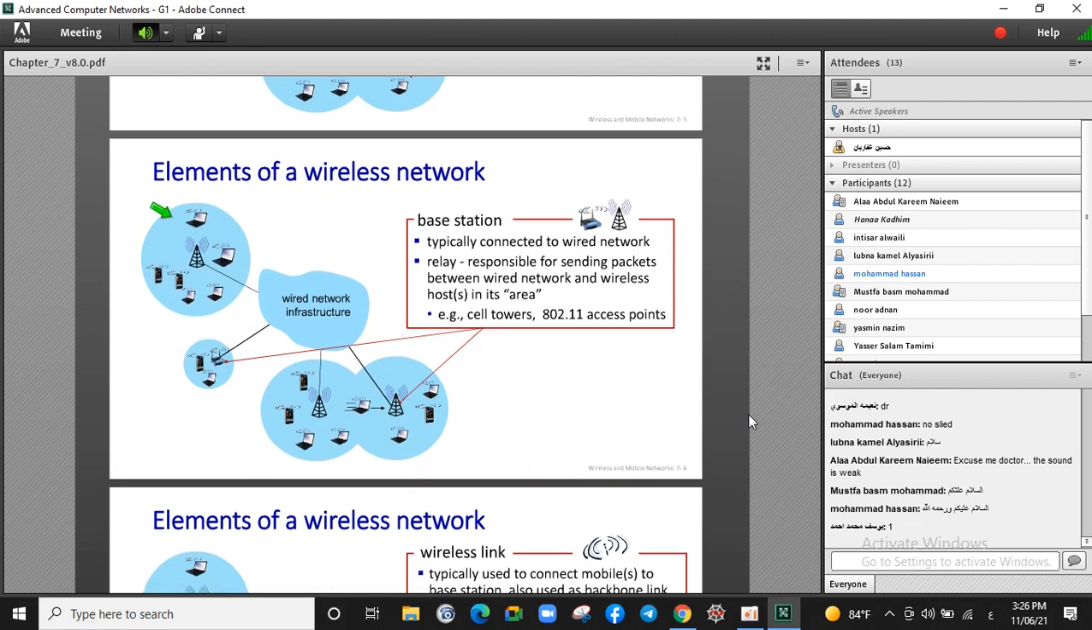The other element in a wireless network is the base station. We talked about the base station, and we said that this base station can connect the wireless host to the internet, to a wired network, to a wired infrastructure. Okay, so I can say that the base station is a relay responsible for sending packets from a wired network into a wireless area, or capturing packets from a wireless area and sending them toward wired networks. Okay,